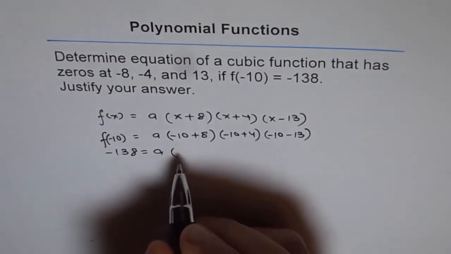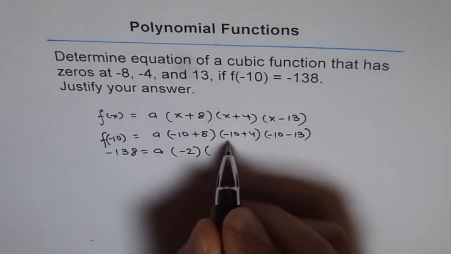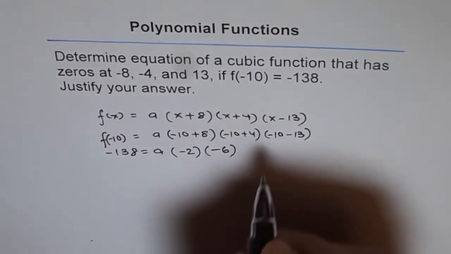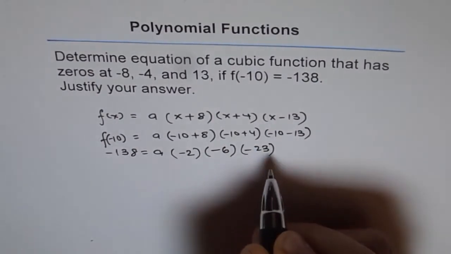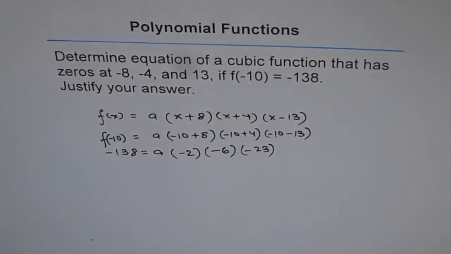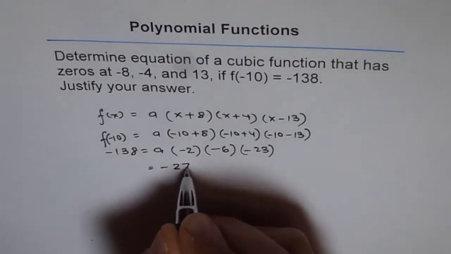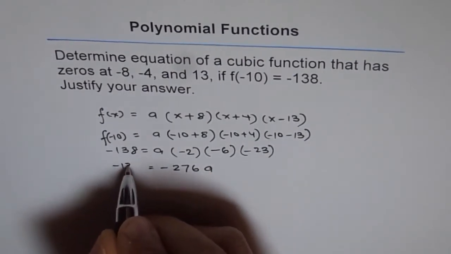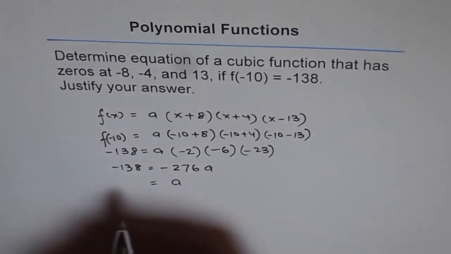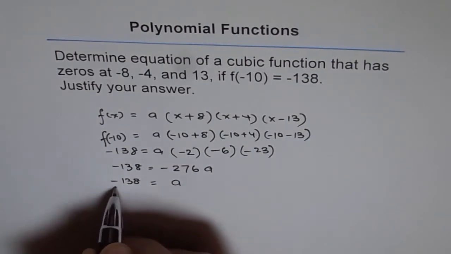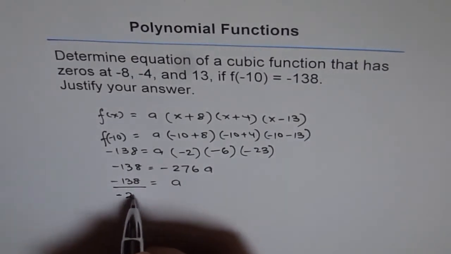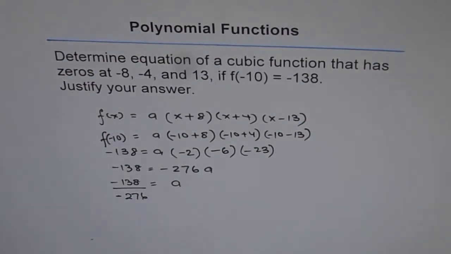We can just multiply using a calculator. Anyway, let me write this down first. And that will be giving us -6. And this will give us -23, right? So which is 2 times 6 times 23 equals 276, which is minus 276a, right? Minus 138. And therefore a is equal to minus 138 divided by minus 276, which is